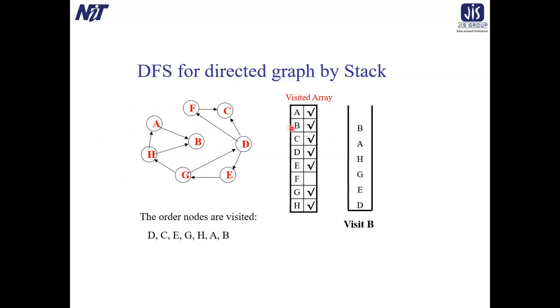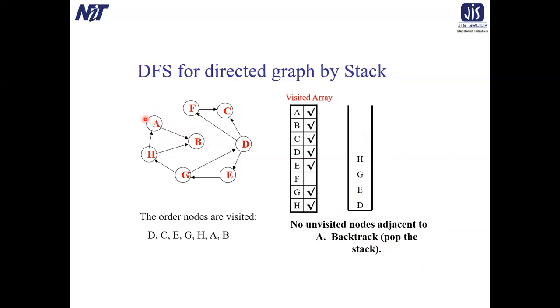So we have to mark B as visited and put it on the stack. Now no unvisited node is adjacent to B. So from B, there are no adjacent nodes, so you have to pop the stack. B has to be popped from the stack. And also